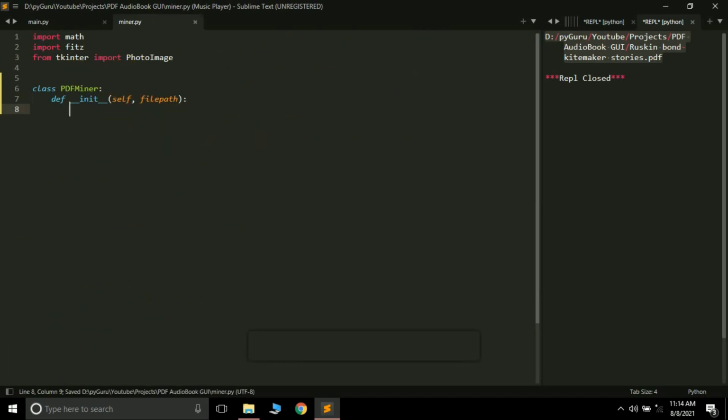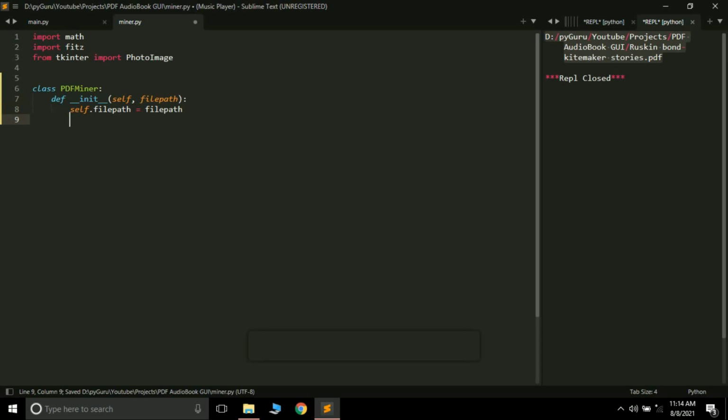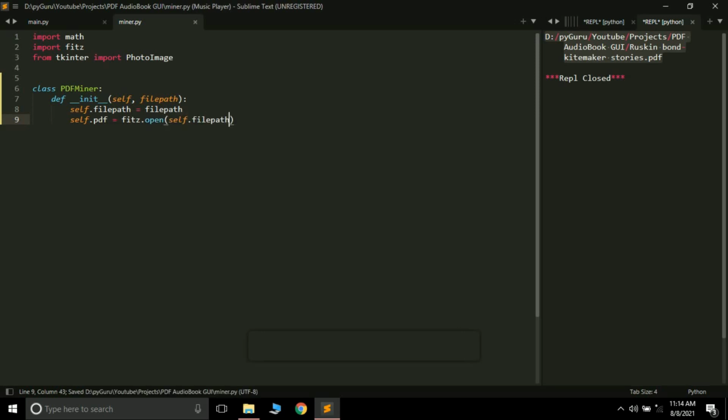Next it will create a self.filepath variable, and let's store the file path in this variable. The next thing is we are going to open the file. So self.pdf equals fitz.open, and here we have to pass self.filepath. Remember, fitz is our PyMuPDF module, and we use the open method to open the PDF file.